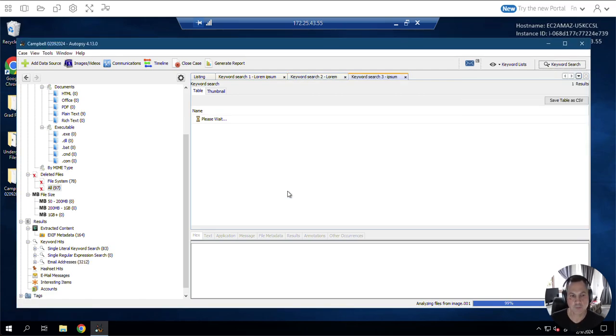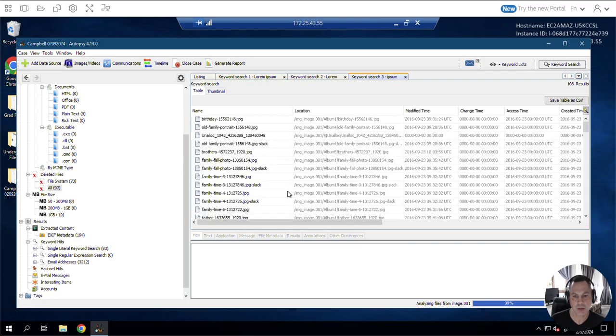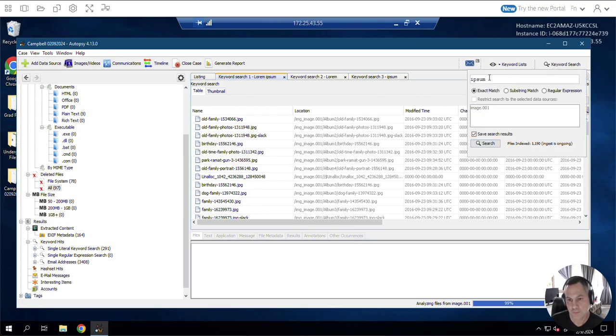Now, this is part of using Autopsy to do an e-discovery capability search. So we're looking for very specific terminology, very specific things that are related to either keyword search 3, Ipsum, the keyword search 2 I have going, Lorem, or a keyword search which makes it a little bit more accurate using both. And again, if we had that list from the university providing us with the student names, we would probably want to do a search specifically on the students. That's going to be our best evidence that this person, Campbell,